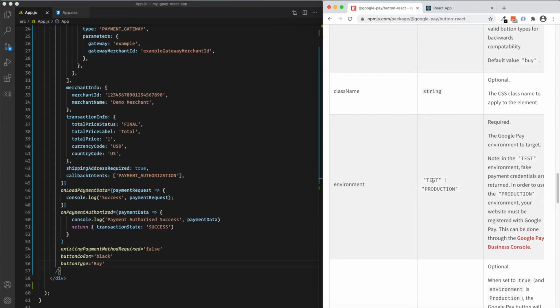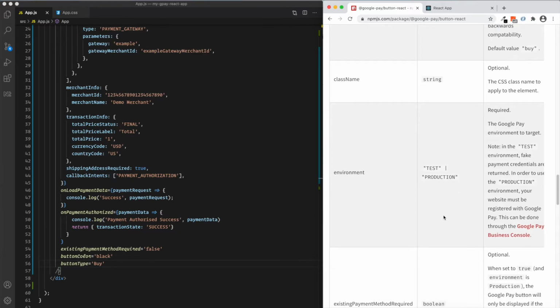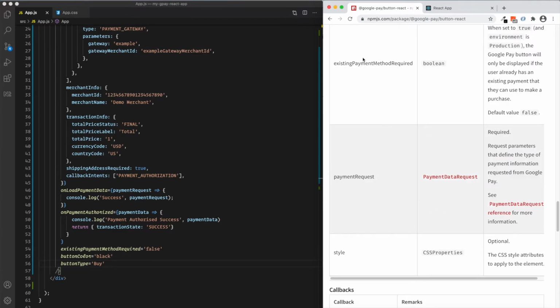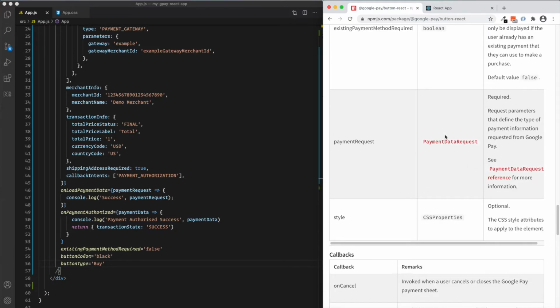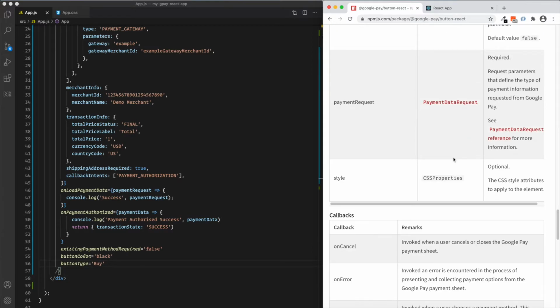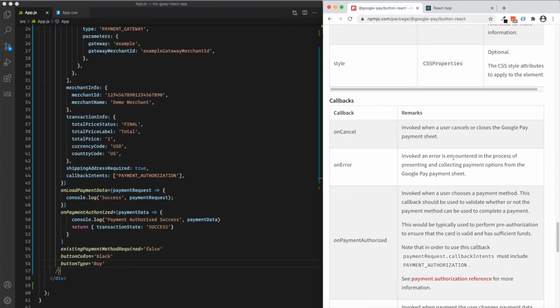And environment is test and production. So right now we are testing, so it's test. And once you go to production, you can just change the environment name to production. And then this existing payment method required boolean. So you can come to this documentation and read the stuff, which is quite useful